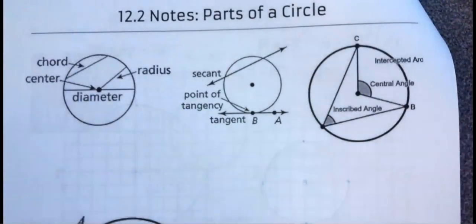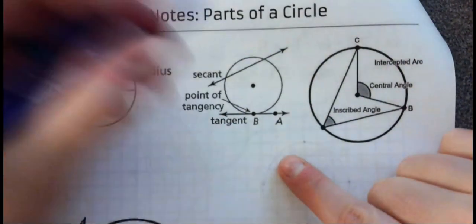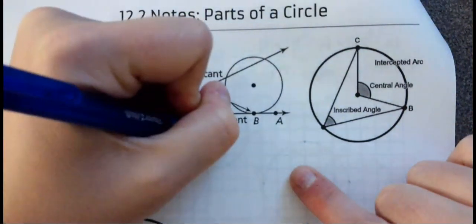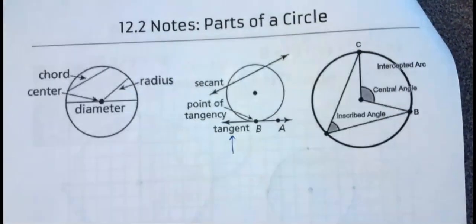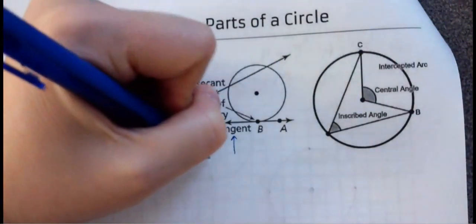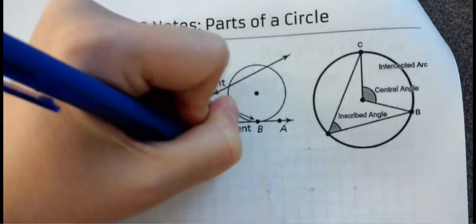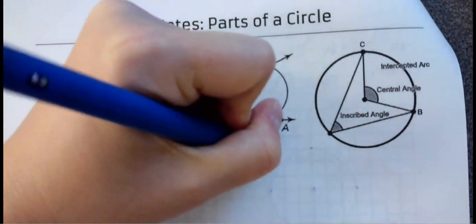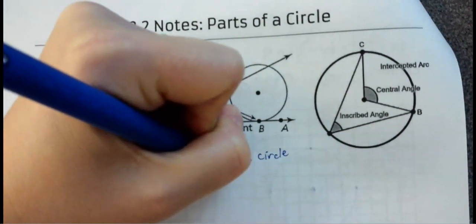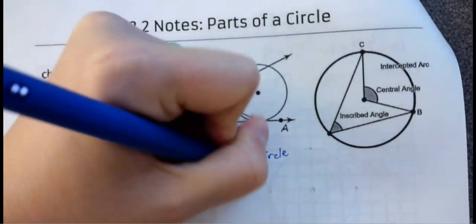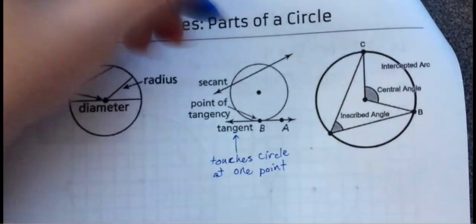And the word tangent, we have seen that before today because it was in trig. But what a tangent line on a circle is this, and I'm going to give you an acronym that will help you. The tangent touches the circle, the secant slices through the circle. So the tangent touches the circle at 1 point. The secant,